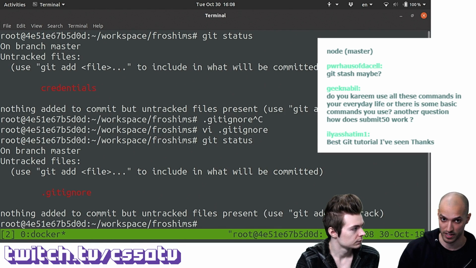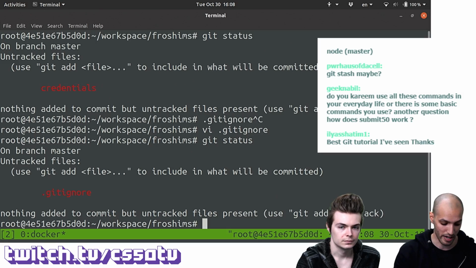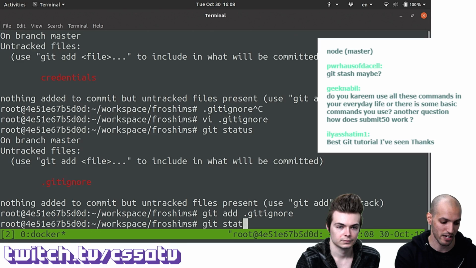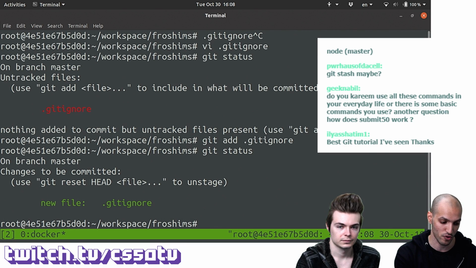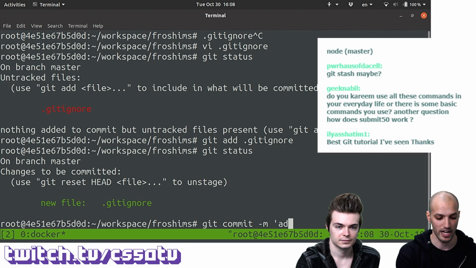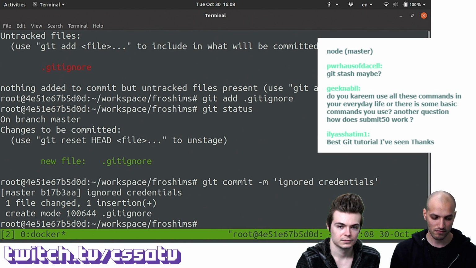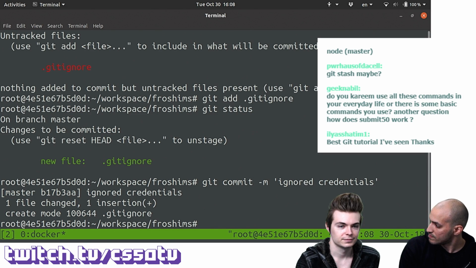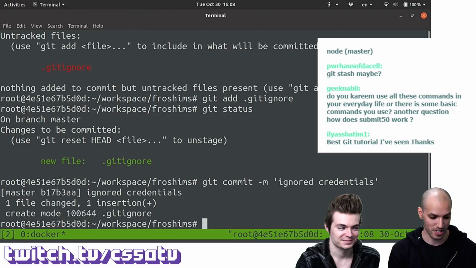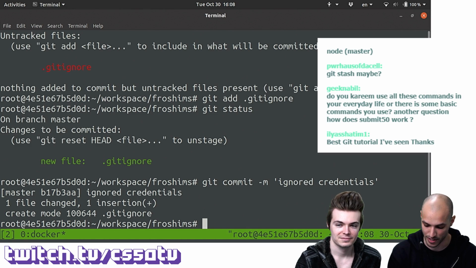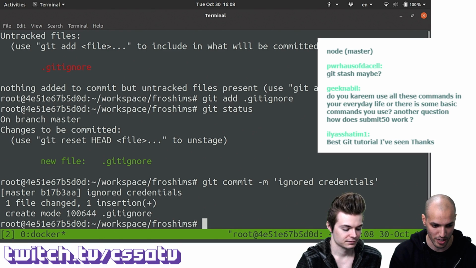We want to keep track of .gitignore in our repository. Now I should probably just git add this .gitignore, git status, verify what's in the staging area before committing, git commit -m, let's be more descriptive, ignore credentials. There you go. Easy. Yeah. So this is actually a feature that's frequently used of Git, and I think we should be ready to talk about branches unless we have questions first. Cool. Awesome.